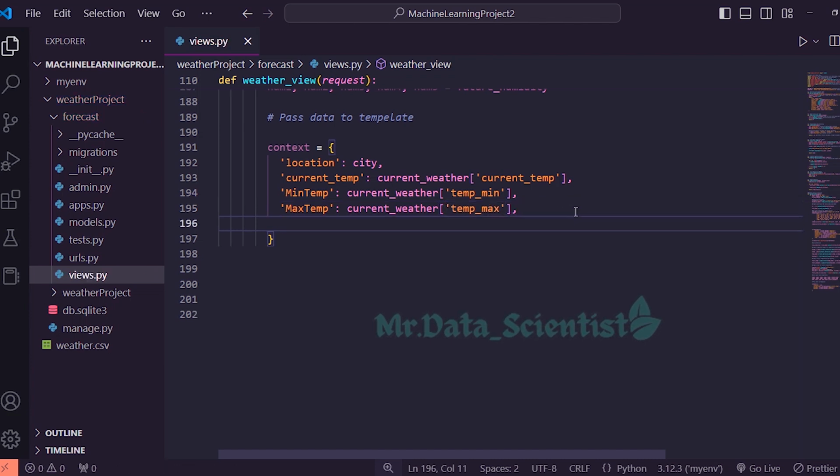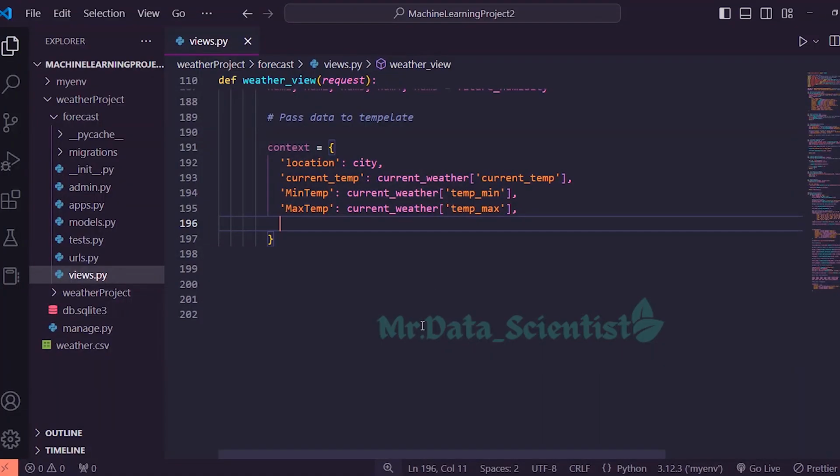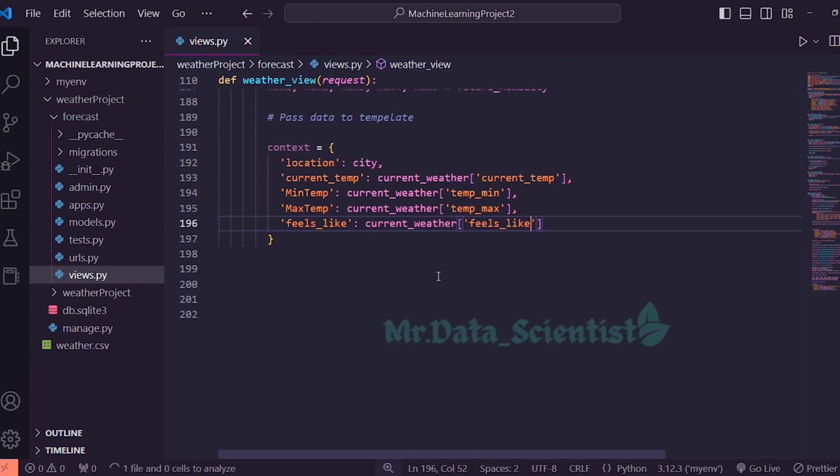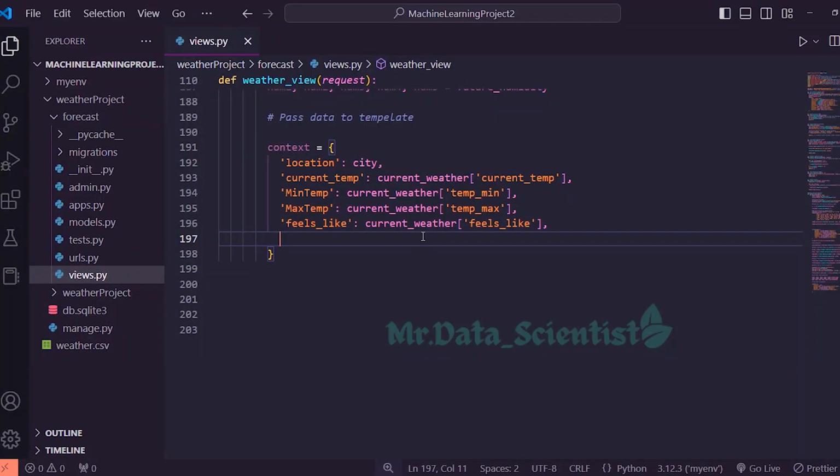Let's continue adding more weather details to the context. We get the feels like temperature, how the temperature feels to a human. So, add it. Next, to add the current humidity, we use